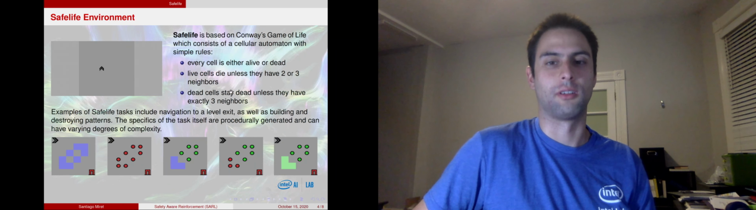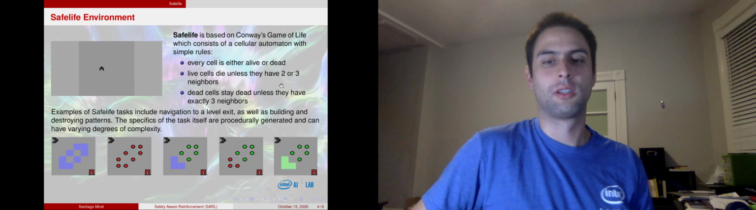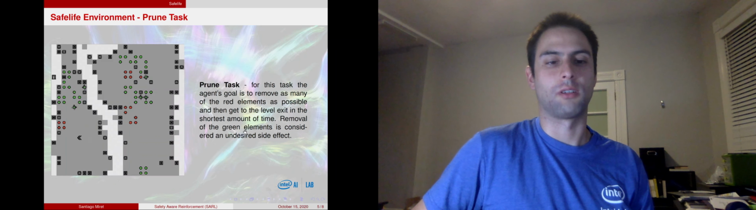Every cell is either alive or dead. Live cells die unless they have 2 or 3 neighbors, and dead cells stay dead unless they have exactly 3 neighbors. So even with these simple rules, you can already see on the top left, you can create patterns that take on a life of their own, and that's what makes many of these setups interesting. Within SafeLife, we have the option of generally doing 2 tasks. The Prune task